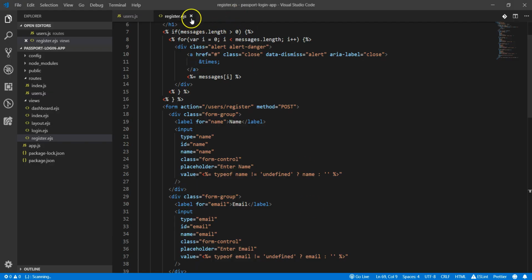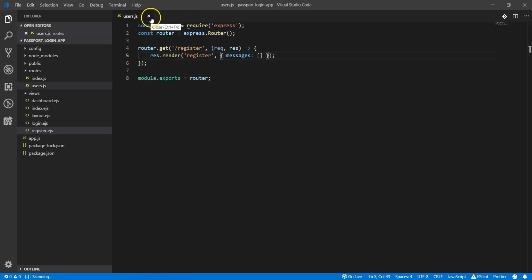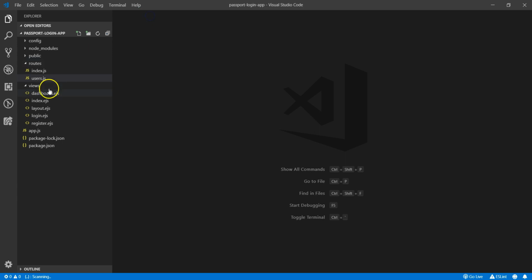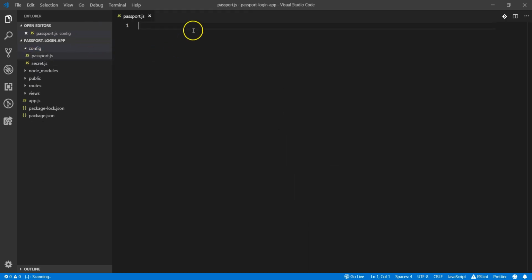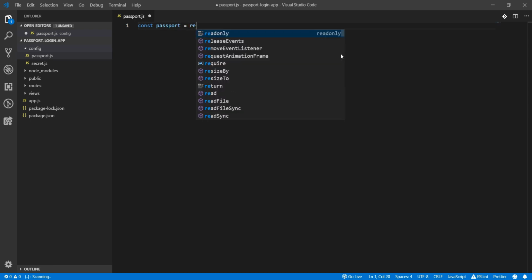So what I'm going to do is I'll close this, then go into my config folder. Remember that we've installed passport and also passport local. So create a new file inside your config. You can call it passport.js. So right here, what I'm going to do is I'm going to require passport and also require the passport local. We're going to create the passport strategy for sign up and also the strategy or the middleware for login as well. So I'll say const passport equal to require